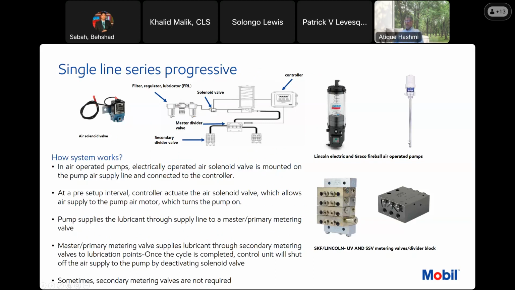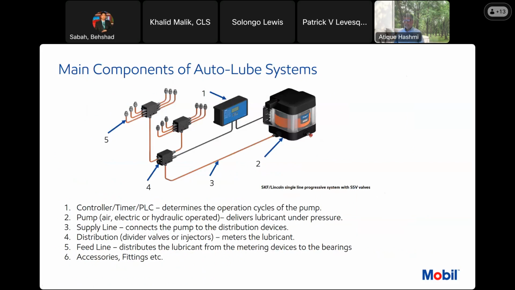Atique, before we move forward, I have a question. Sure. Can we go back to the previous? That grease tank, the orange one on the right, when they fill it, what if there is some air entrapped inside the grease? How does the system manage to get rid of the air if there is an airlock or air pocket in the grease? Good question. So the best way is to disconnect the feed line or this, if you have an air